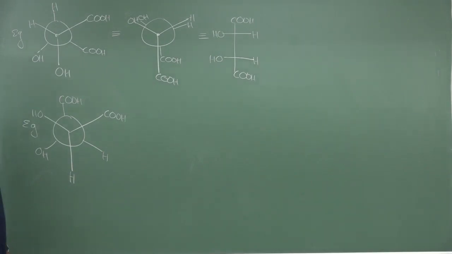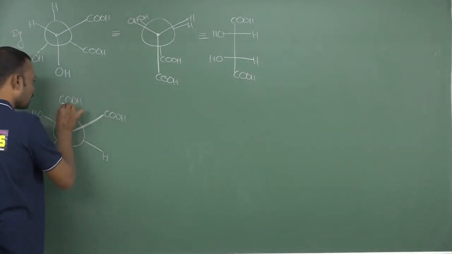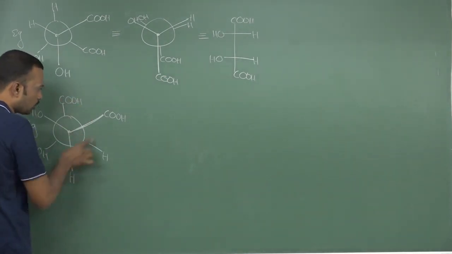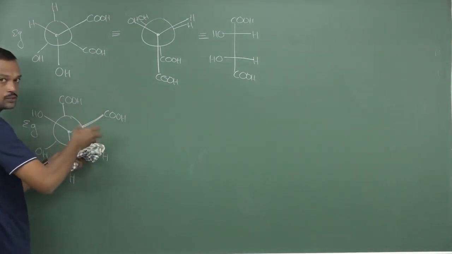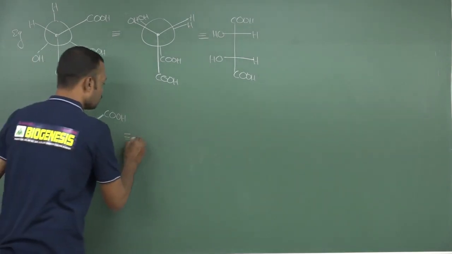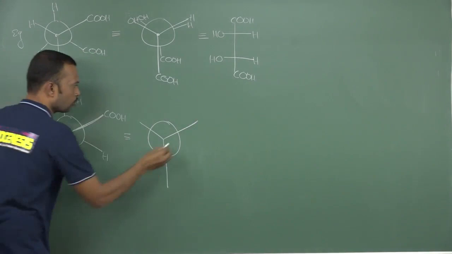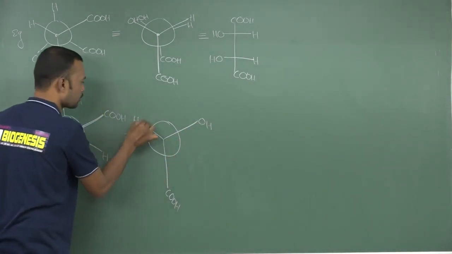Apply the same technique. Bring this front carbon terminal, rear carbon terminal in downward direction. So this is not actually presented in the downward direction. So bring from here to here. So means simply we are rotating like this. You need to rotate from here to here about 120. So rotate about 120. If you rotate here, OH goes right side, COOH goes below, left side is hydrogen.